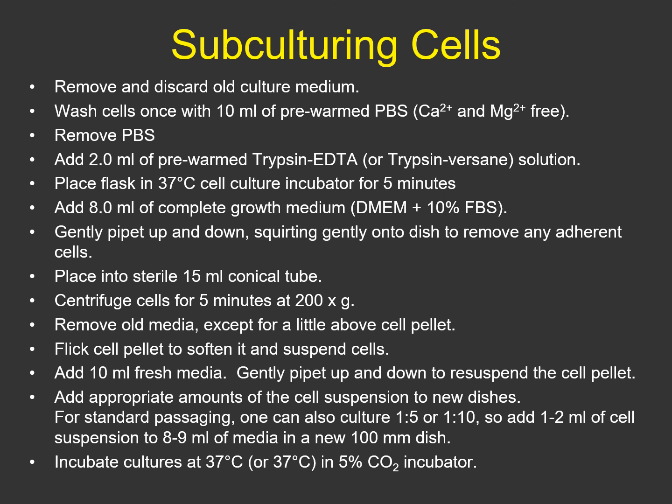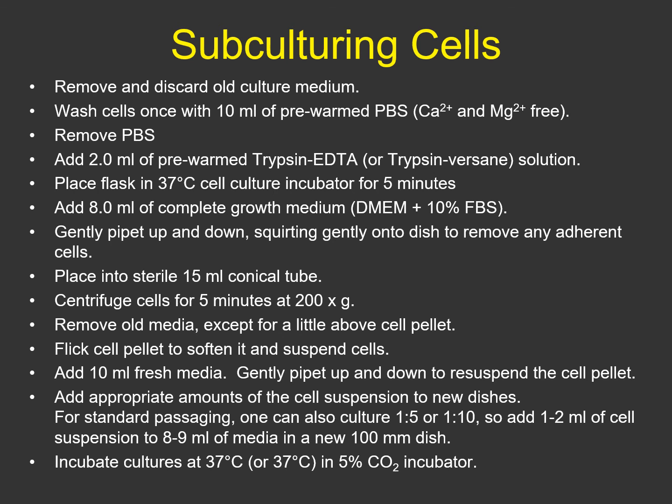So after adding the media, we want to squirt off the cells, wash them off the dish. We put them into a tube and gently centrifuge them, bring them down to the bottom. We'll remove the old media that contains some of this trypsin. Then we'll add some fresh media, pipette it up and down to resuspend the cells, and then take a portion of those cells, either 10% or 20%, in other words 1 to 2 mils of those cells, add it to a new dish and add fresh media,